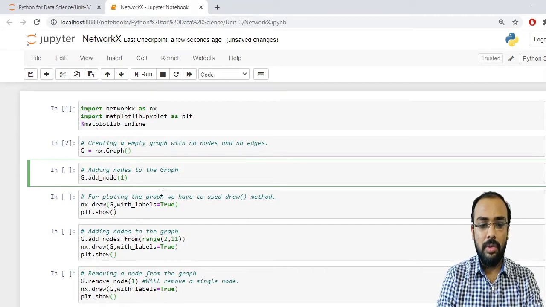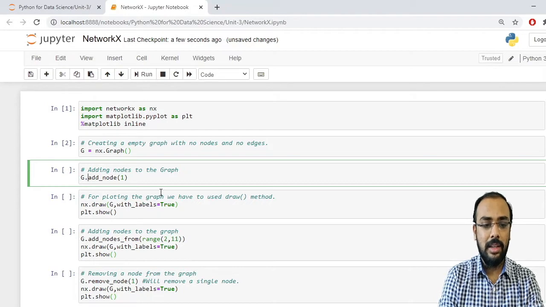I want to add one node, so I have specified 1. This add_node method belongs to the graph object, so we access it as g.add_node(1). Let us run this.